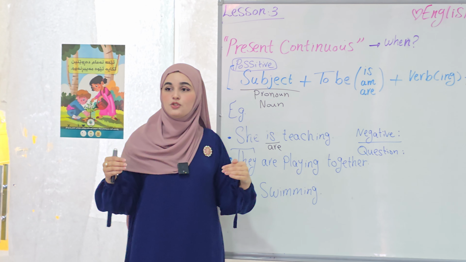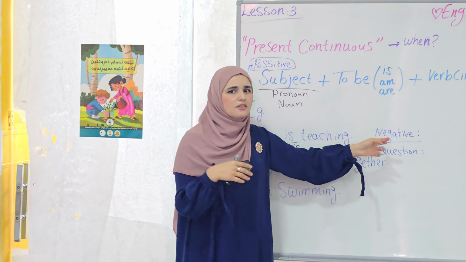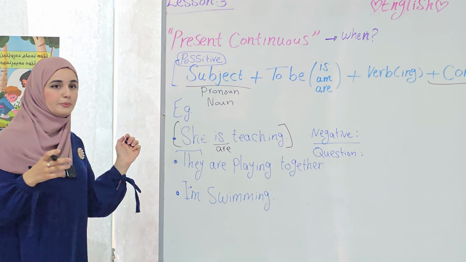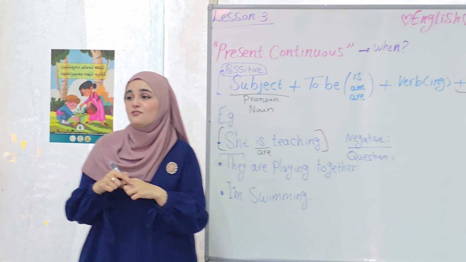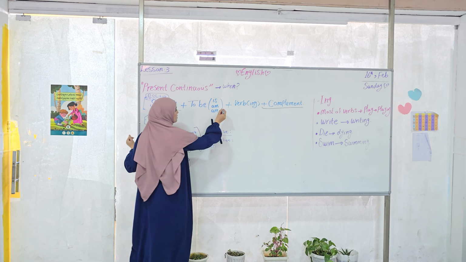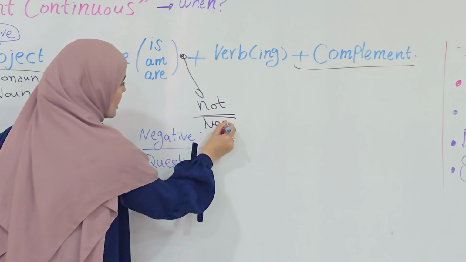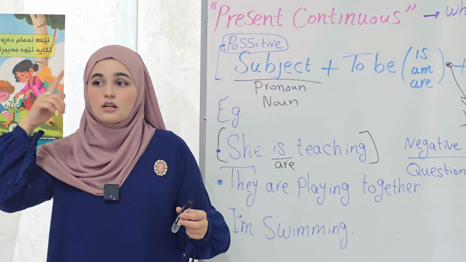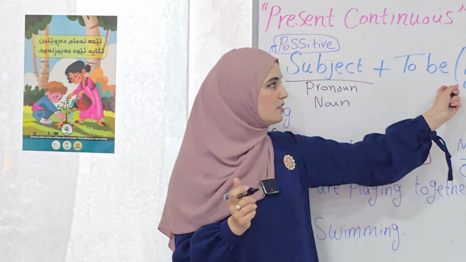As we know the positive rule, we recognize the tense and we know when to use this tense. Now we have to know how to turn this sentence into negative or into question. Does anyone know how we turn this sentence into negative? Yes, Gabby? She isn't teaching. Very good. So, simply, when you add a not here, it becomes negative. She isn't teaching. As easy as that. It's just one step. Remember that. We only add not after the verb.